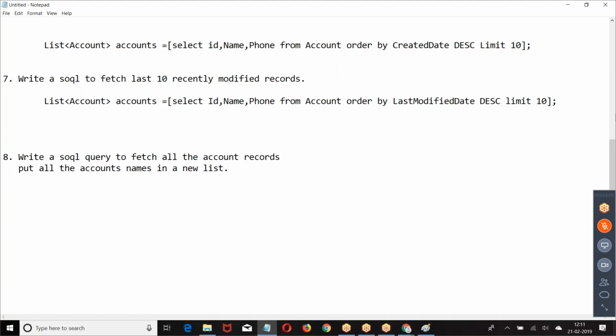Write a SOQL query, get the data. From the data, take only account names and put them in a separate list.